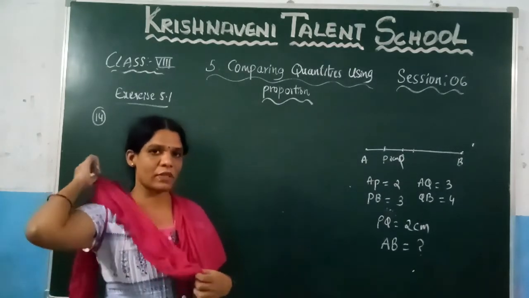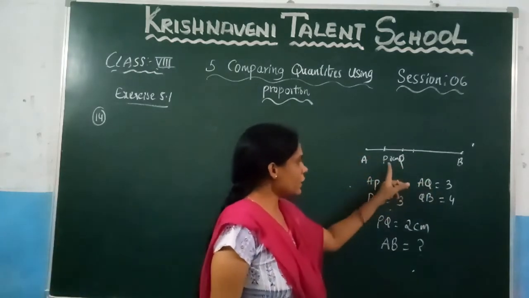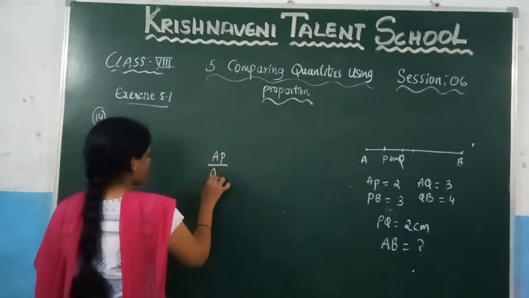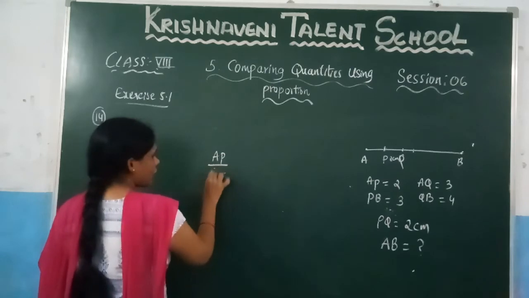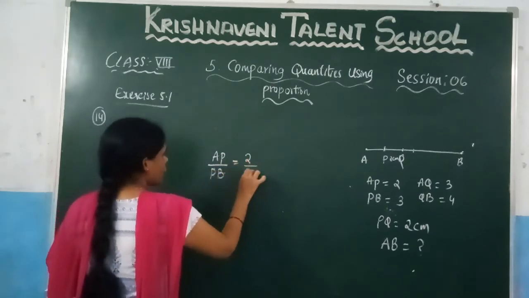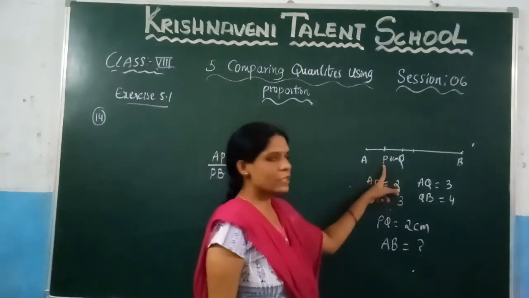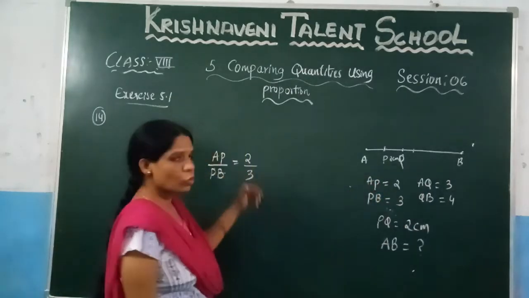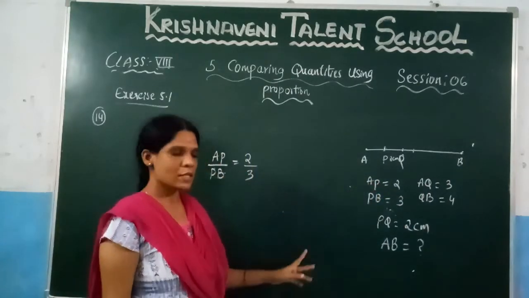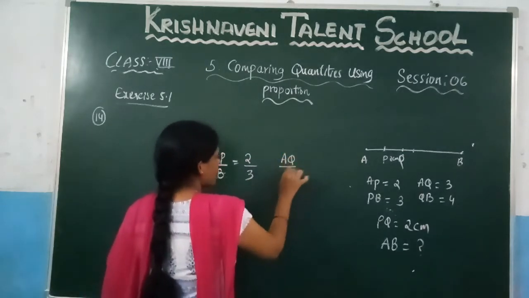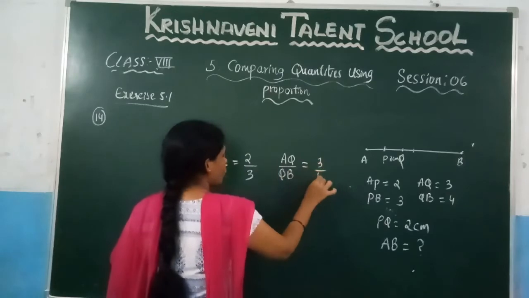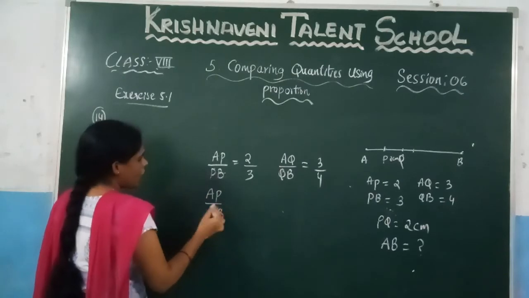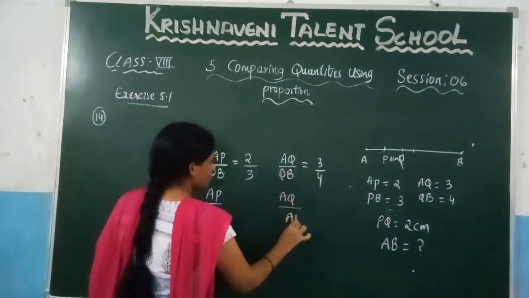Since we know all these lengths, based on this you need to find the length of the line segment AB. So here what they have given here, P divides AB in the ratio of 2:3. So you can write here, AP by PB is equal to 2 by 3. This point divides this total line in the ratio of 2:3. You know that ratio you can write as 2 by 3 or 2:3, anything you can write. Similarly, they have given here Q divides AB in the ratio of 3:4. Now let us take AP by AB and similarly consider AQ by AB.